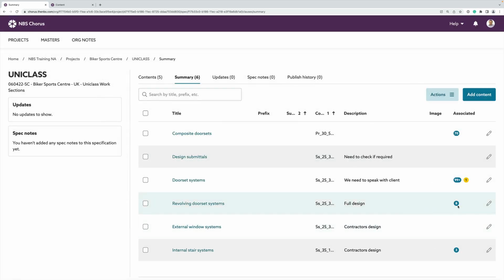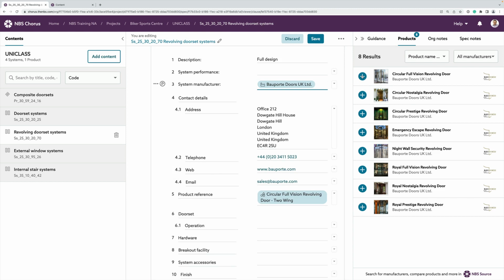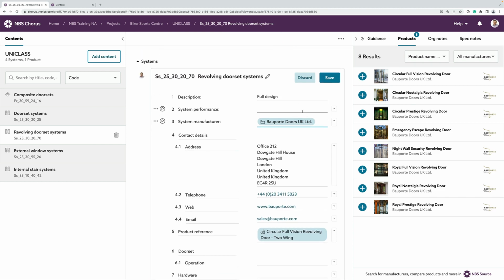We've decided on a product that's going to be used for this, so I can click onto this associated products item. It will open up the revolving door set, and it will open up the products panel. Actually, we're going to use this circular full vision revolving door. I can just click onto the system, click plus next to the circular full vision revolving door. It adds it in there. I can save that,